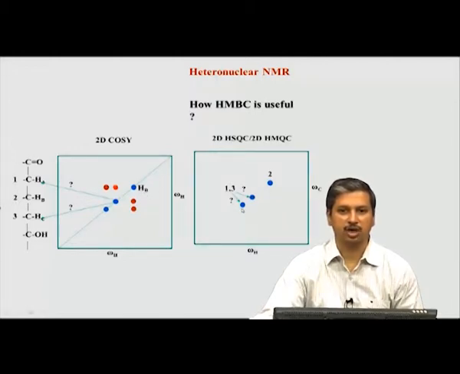Now, let us come to this again. These two are still not clear. The question mark says that we do not know whether it is proton or carbon pair number 1 or proton or carbon pair number 3. So, either it is this pair or this pair here. You can see that this ambiguity remains. HSQC is not helping us in resolving this problem. Okay. So, what should we do next? We can go to HMBC.